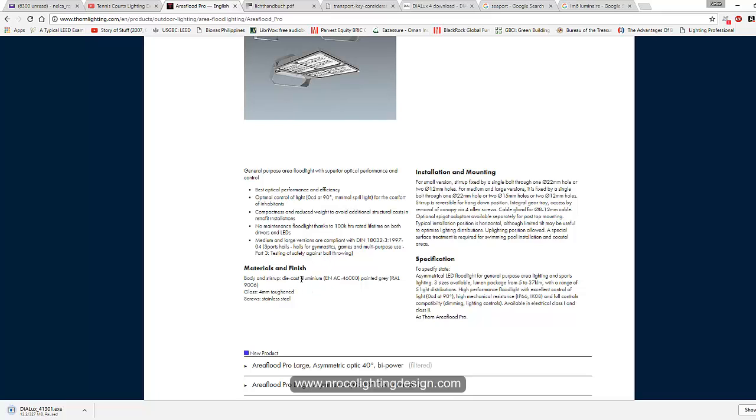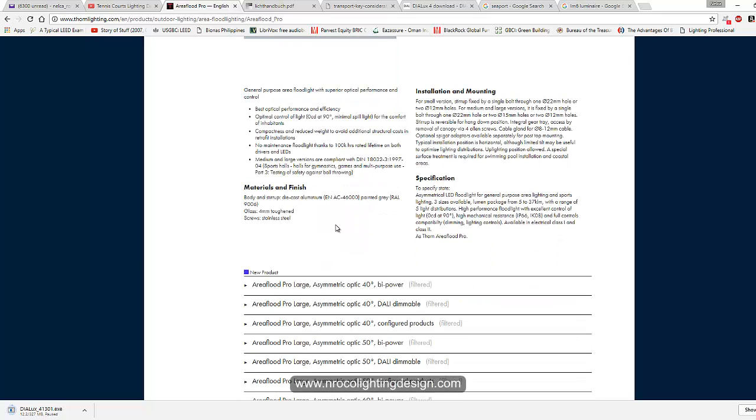It says die-cast aluminum body only, but it's not mentioned about the LM6 treatment. So if you want to use this one, for example, you have to ask the supplier to treat this luminaire with LM6 coating, so it will comply to the shipyard or seaport lighting design.